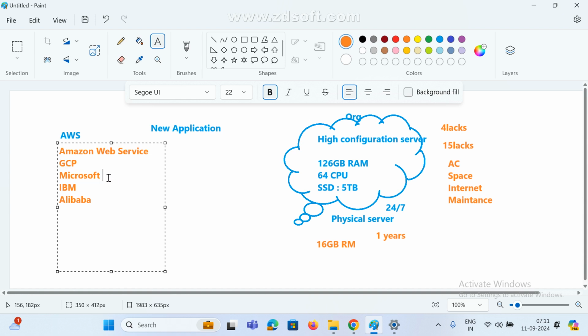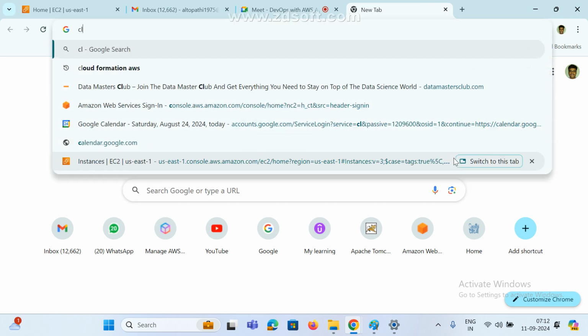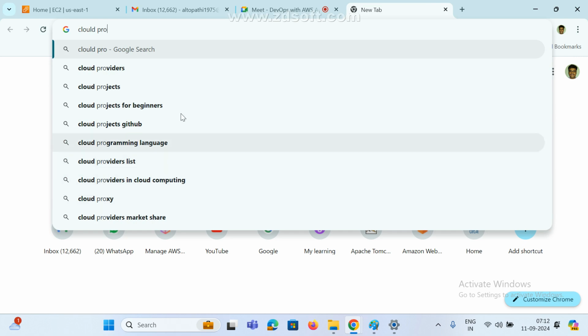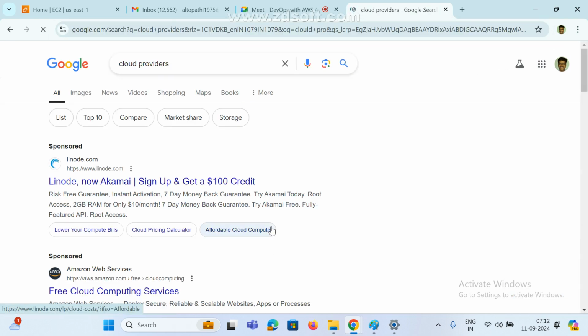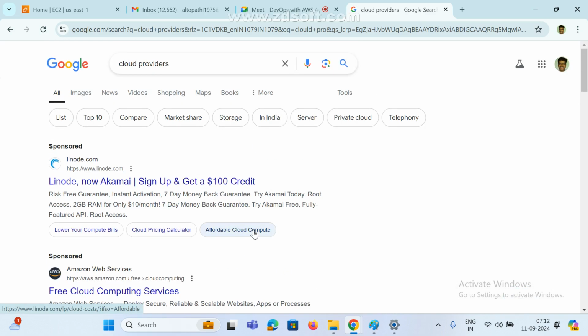In industry, mostly they follow AWS Cloud, or GCP Cloud, or Microsoft, or IBM. There are many clouds available in the market. Now if you go here and search cloud providers, there are many cloud providers available.